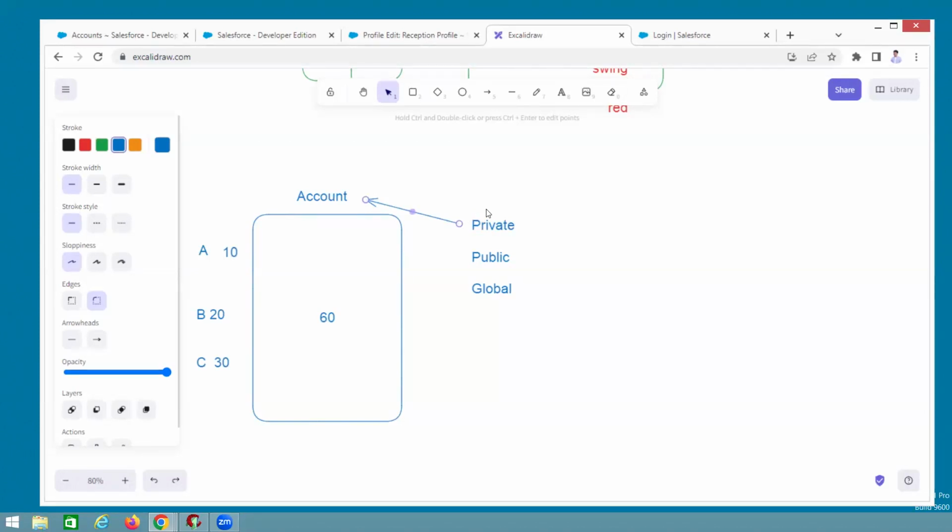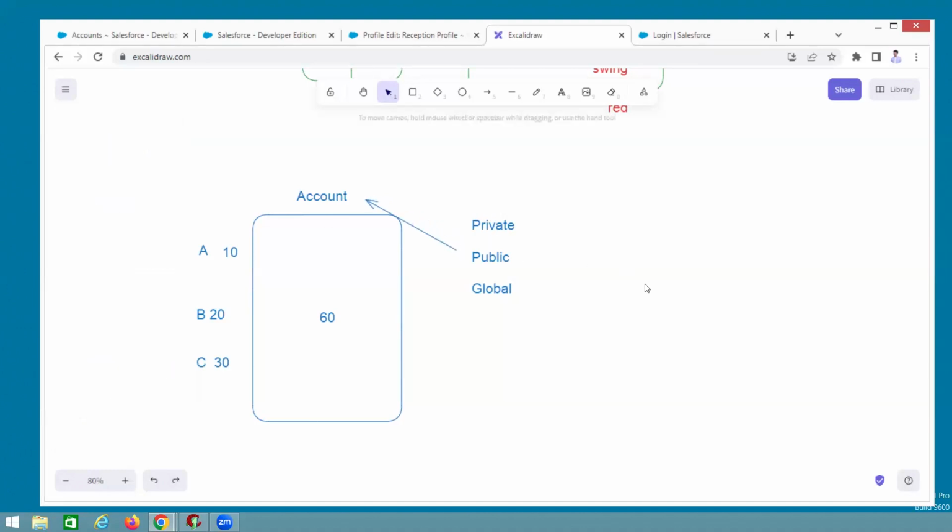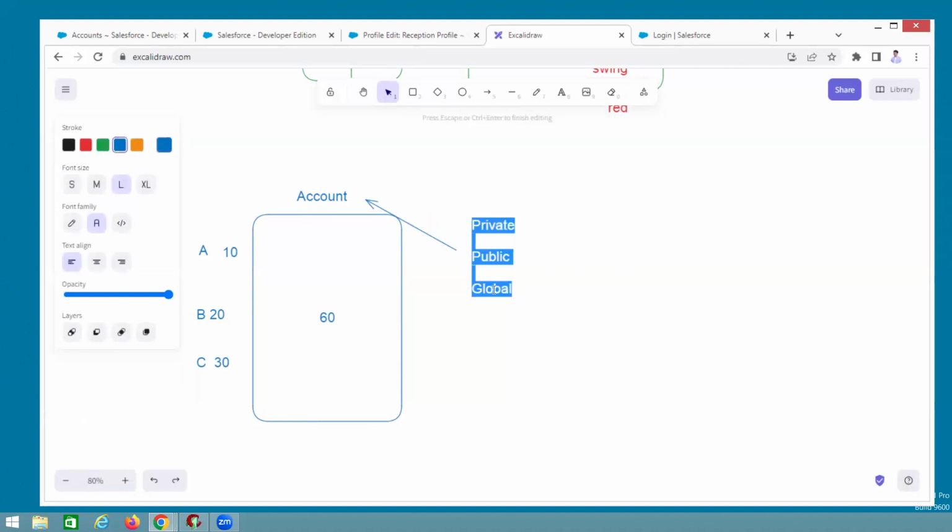Understand? No. Everybody wants to see my data. Then within the Salesforce, public. Okay. As of now, leave it global. I will introduce it later. Whenever the account is public, then A owns 10 records, but he is able to see an extra